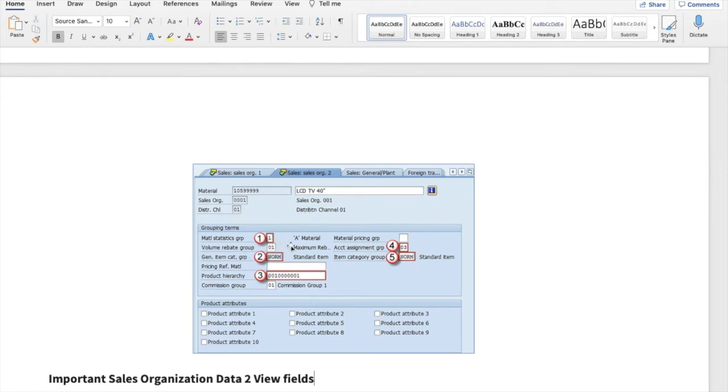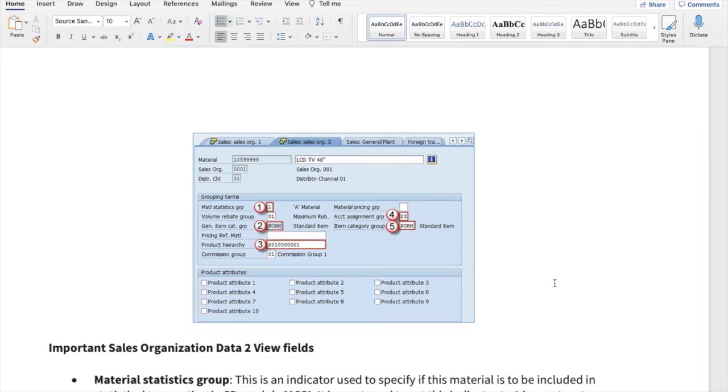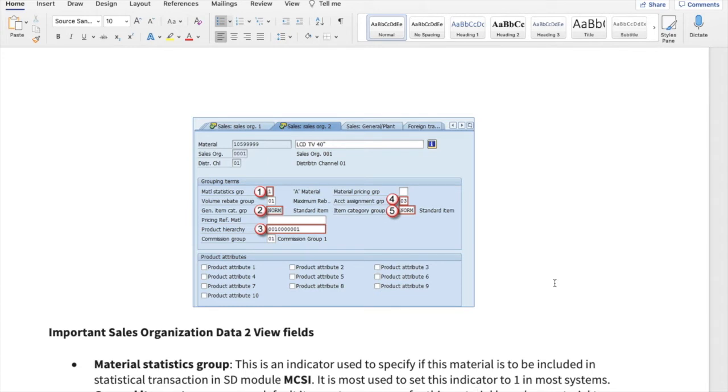Now in here, we'll have to introduce a new concept of material statistics group. So what is material statistics group? In material statistics group, it is important whether, when you do the sales transaction, in the statistical sales transaction, you want to include this or not. So therefore that particular view is created, and it is created here. So in the statistical group, if you want to sales, in SAP, it's better to inform here.